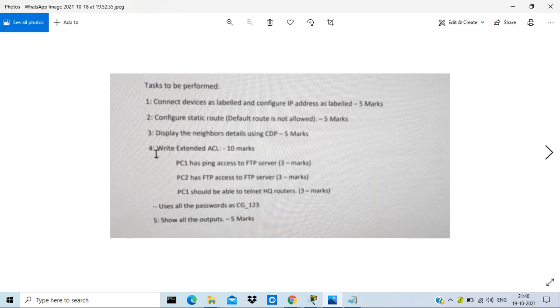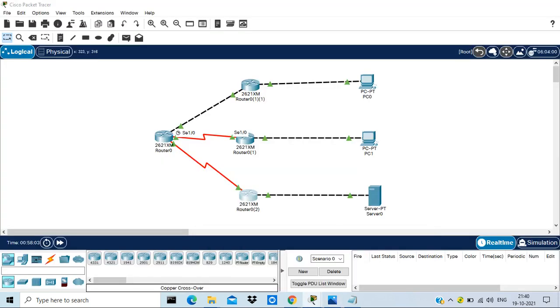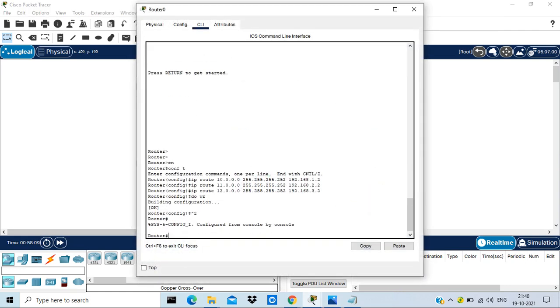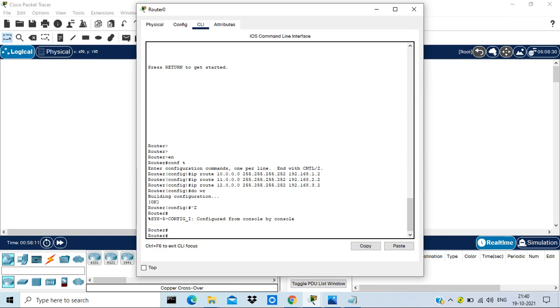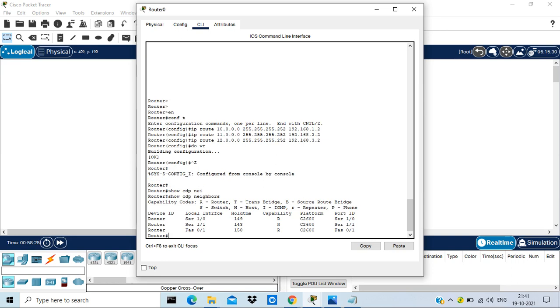Now the third is display neighbor. So do you know the command to show neighbors? It is show CDP neighbor. You can give this command in each of the routers and take a screenshot and put it wherever. I don't know how you are going to submit. If they need some screenshot, you can go to any of these routers and go to the enable mode, that is the privilege mode, and there you give the command show CDP, and then if you write n and hit tab, the command automatically comes, show CDP neighbors, and hit enter. So this is your output.